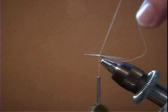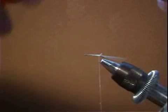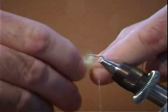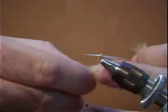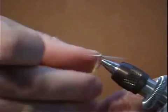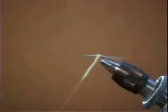Now it's time for some dubbing, and I'm going to put a little wax on my thread. Doesn't take a lot, just a little bit, enough to make it kind of sticky. And then we're going to use our cream or our yellowish dubbing fur. And this happens to be a beaver dubbing, which is pretty nice. It floats well, and it's fairly durable. We're going to make our body, and again, this should be kind of thin. It doesn't have to be huge, and I may have a little bit too much on there, but I'm going to wrap it forward